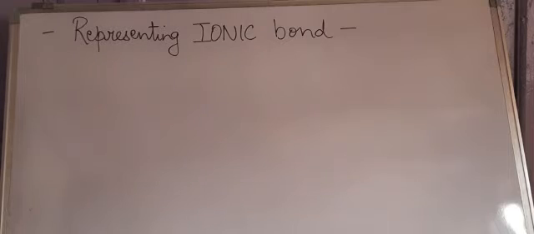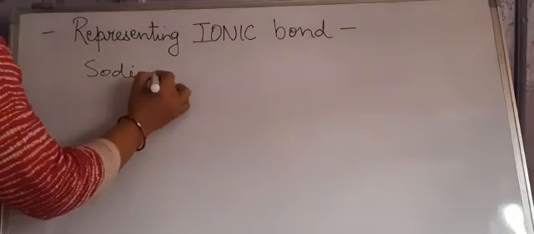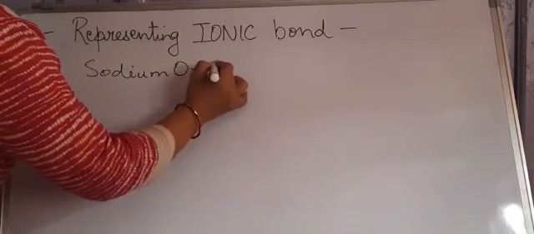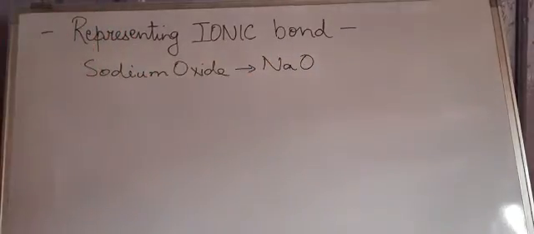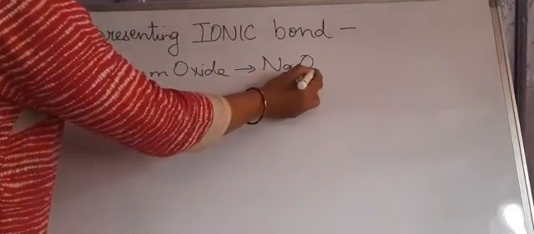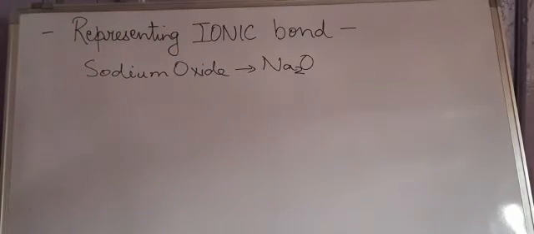So in sodium oxide, you know the formula should be... sodium oxide, we are saying, right? Which means sodium is combining with oxygen. Now you already know sodium valency is 1, so nothing comes here. Oxygen valency is 2, so 2 goes there. This tells you that 2 sodium atoms are needed, and for oxygen only 1 atom is needed, right? So for knowing how many atoms are needed, you need to know the formula first. Please make the formula first if it is not given in the question paper.